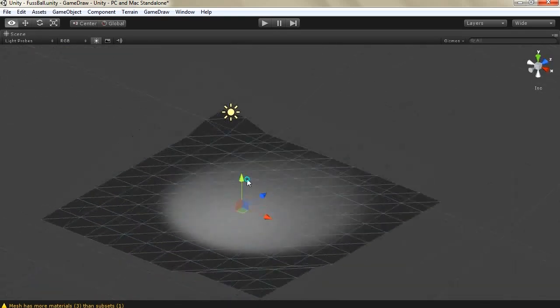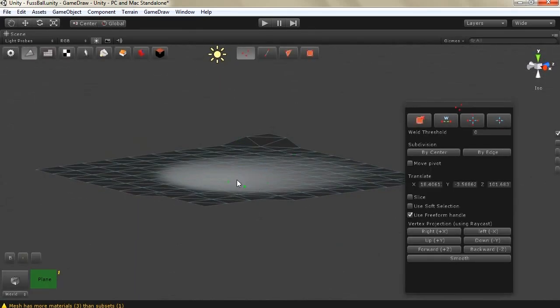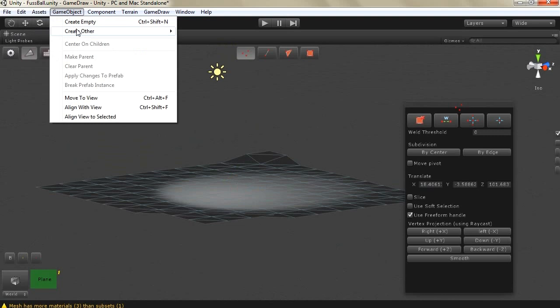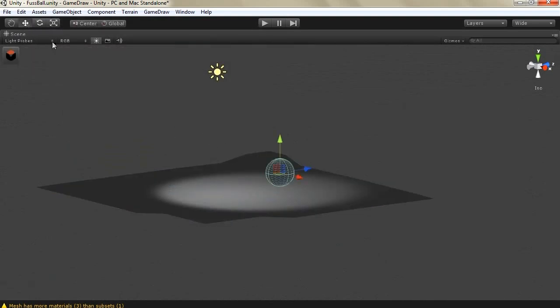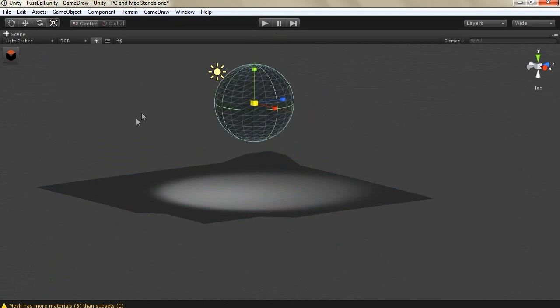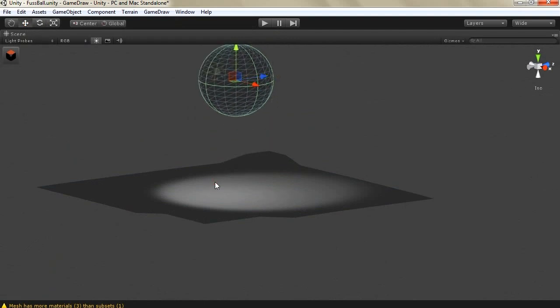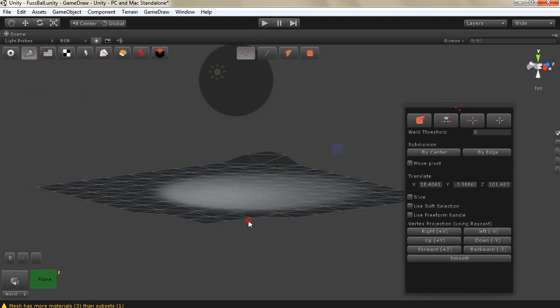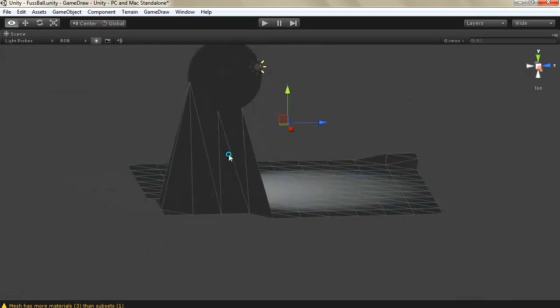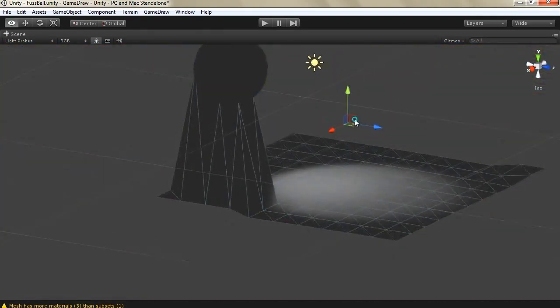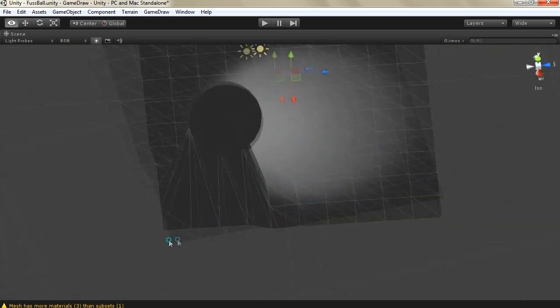Another important function that you might find useful is the ability to project your vertices into a certain direction. For example, if we created a sphere or any object that has a collider, then I can select a group of vertices and I can project it into a certain direction. So for example, I can project to the up Y, and as you can see, the vertices that collided with the sphere are projected on the